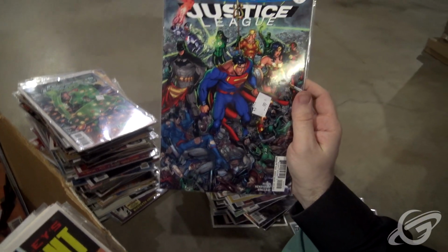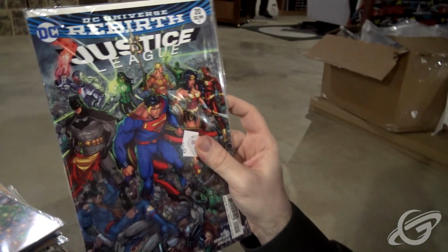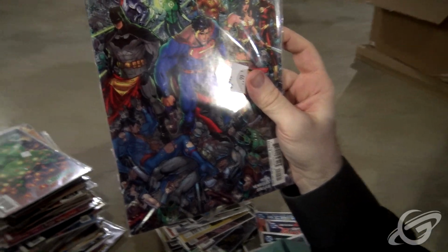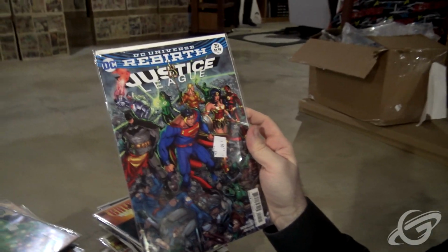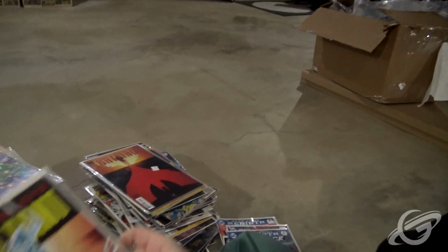Justice League Rebirth, I like that cover. Batman's hanging on to Superman's cape there. And he's looking over at the other Superman, and then regular Superman's just standing there, and all I can think of is, like, you just give him your cape. I don't know. Anyway, and then Brilliant, Gotham Central,